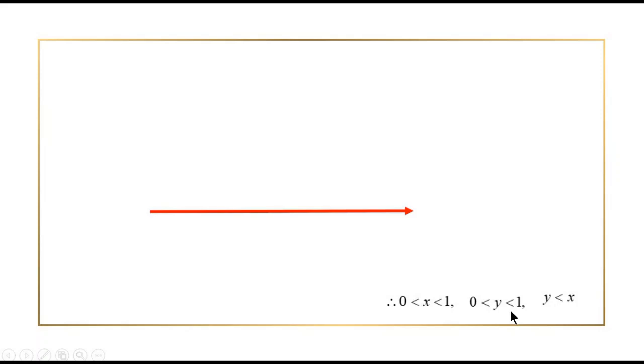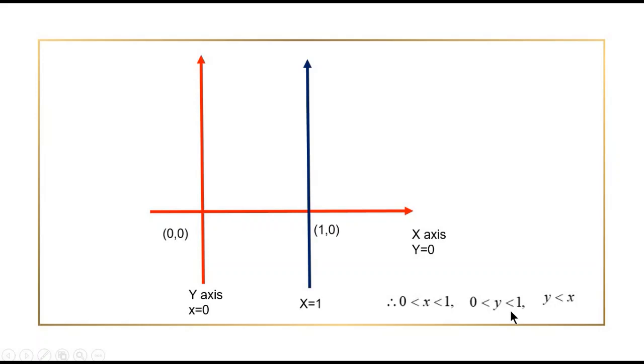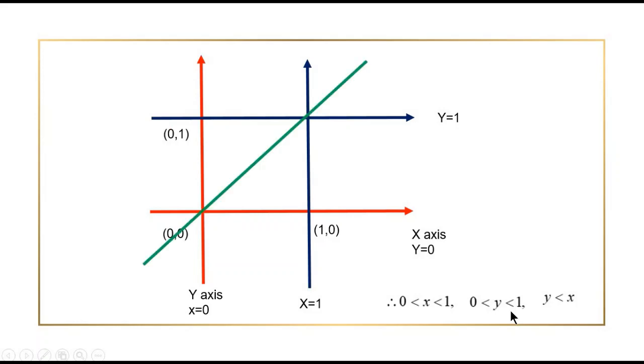Going to draw this. So we have the x axis, y axis, origin, x equal to 1, this is our point, y equal to 1, and these are our points, and this is our line y equal to x, and this is our point (1, 1), and we want to draw the region y less than x. We don't know whether it is below the green colored line or above the green colored line.